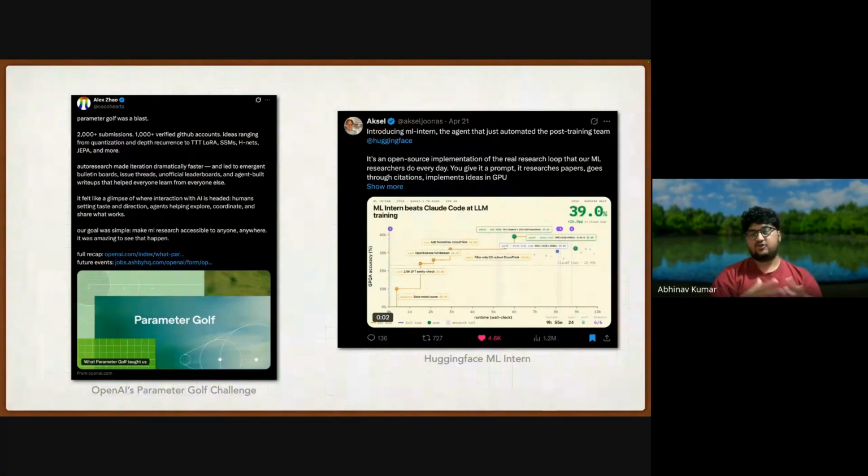And I'll talk a bit more about the metrics. The major thing about the metrics over here is that they all sort of focused on very similar metrics. So they had one singular metric which they were measuring on. Parameter Golf was on BPB, and ML intern, as you can see, was on GPQA accuracy. And then when we move on to the next slide, these are a bit more interesting